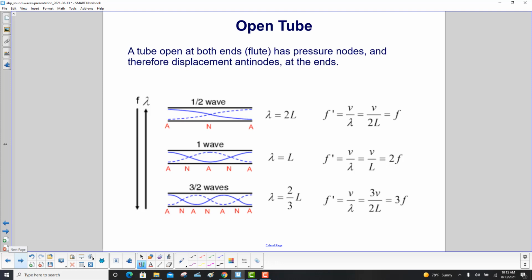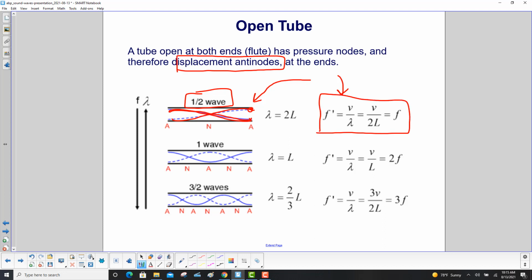So a tube open at both ends like a flute has pressure nodes and therefore displacement antinodes, that we showed on the previous slide, at both ends. So here's our displacement antinodes. Here's one. The wave will oscillate between these two places. It goes like that, and then it goes like this. So in that case, your wavelength is equal to twice the length, because you only fit half a wave inside your tube. Then you find the frequency by velocity over wavelength, and that's going to be your fundamental frequency right here,